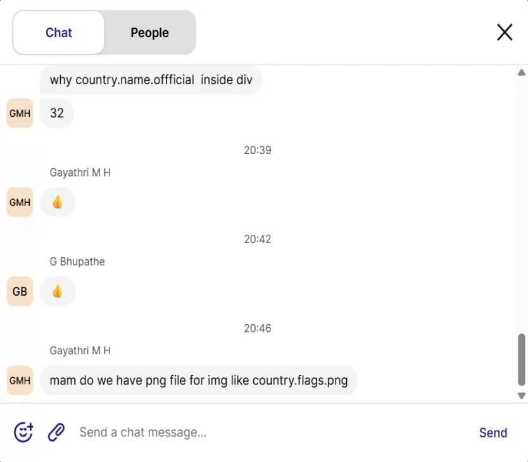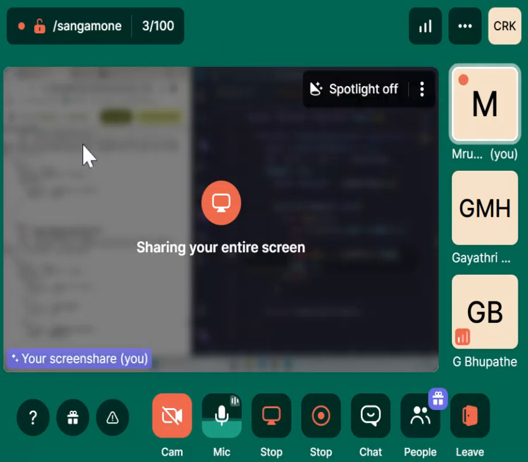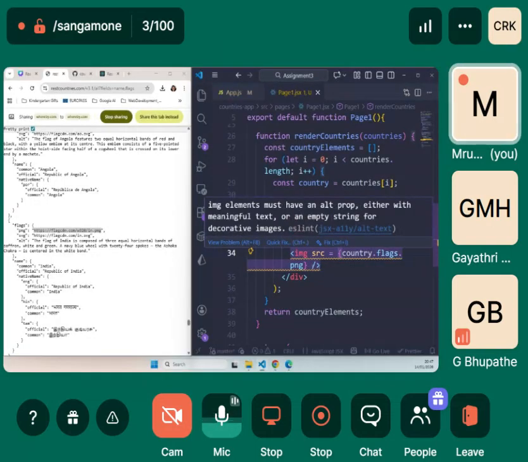Do you understand, Gayatri? The value of it is here. See, it is already hosted somewhere. We are just taking it and displaying the value here. So these curly brackets indicate a value.